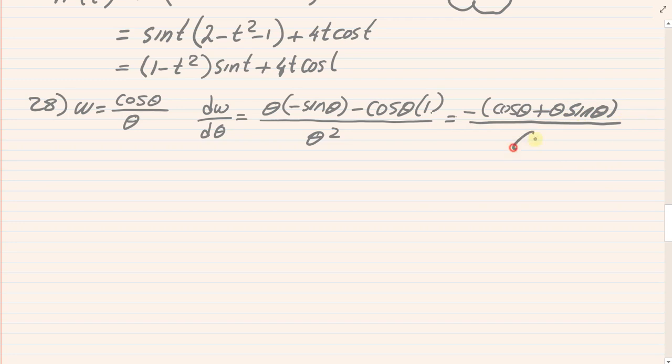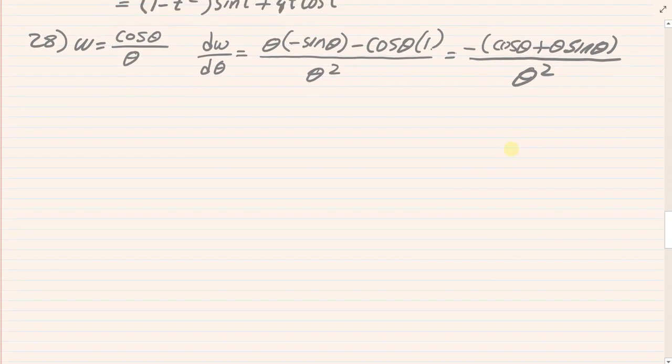Divided by theta squared. All right, now we need to take our second derivative. Now for the second derivative, let me again write it in a notation we haven't used before, so we get used to it. I'm going to move the negative, like a constant multiple, that's like negative 1, outside, just so we don't have to deal with that negative. So here's my negative moved to the front,